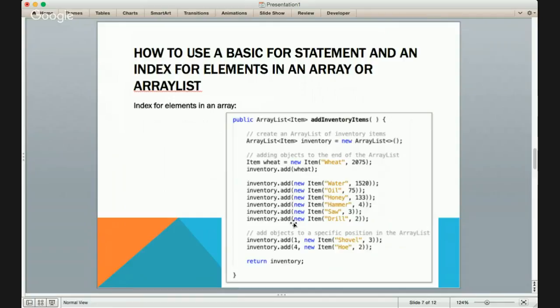Okay, and this is an example. Geez. Chad, can you